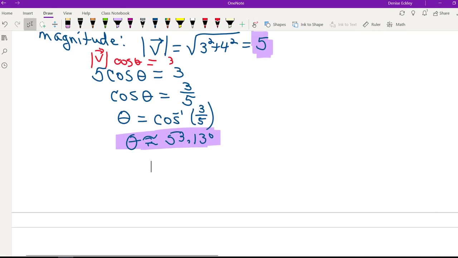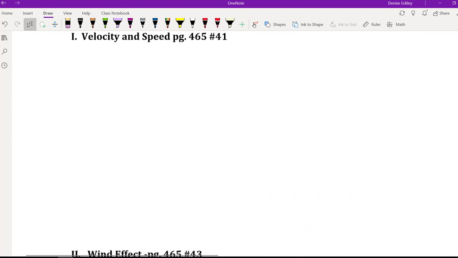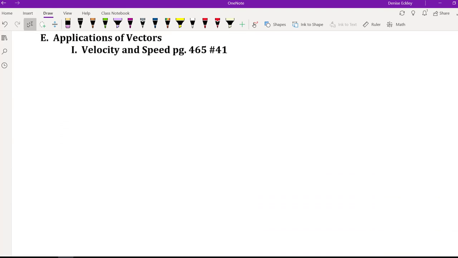Okay, we're going to finish this section by doing a couple of application problems. The first one is going to be about velocity and speed. Now we do have to distinguish between them because velocity is a vector and speed is a scalar. So our first example has an airplane